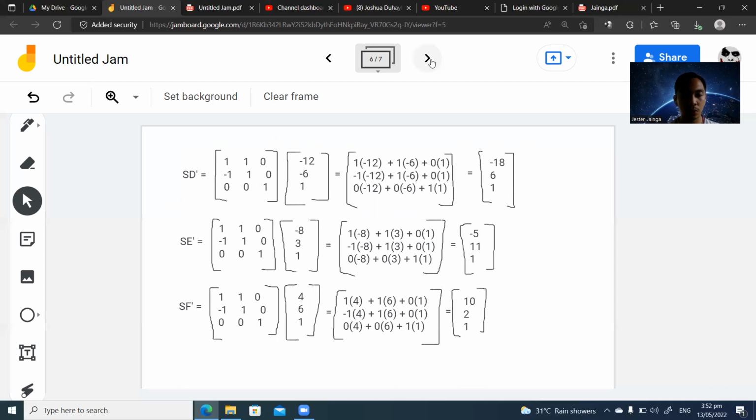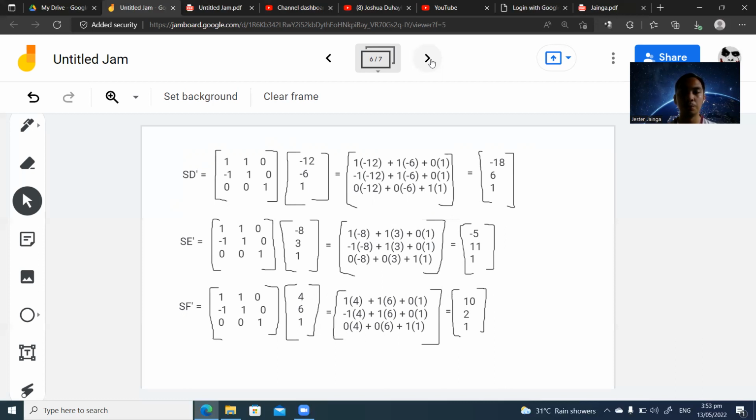And then last for F, the value is 4 and then 12. So we multiply 1 times 4 plus 1 times 12 plus 0 times 1, -1 times 4 plus 1 times 12 plus 0 times 1, and 0 times 4 plus 0 times 12 plus 1 times 1. And the new value now is 16 and then 8. So these are the sheared points now. And we go to the